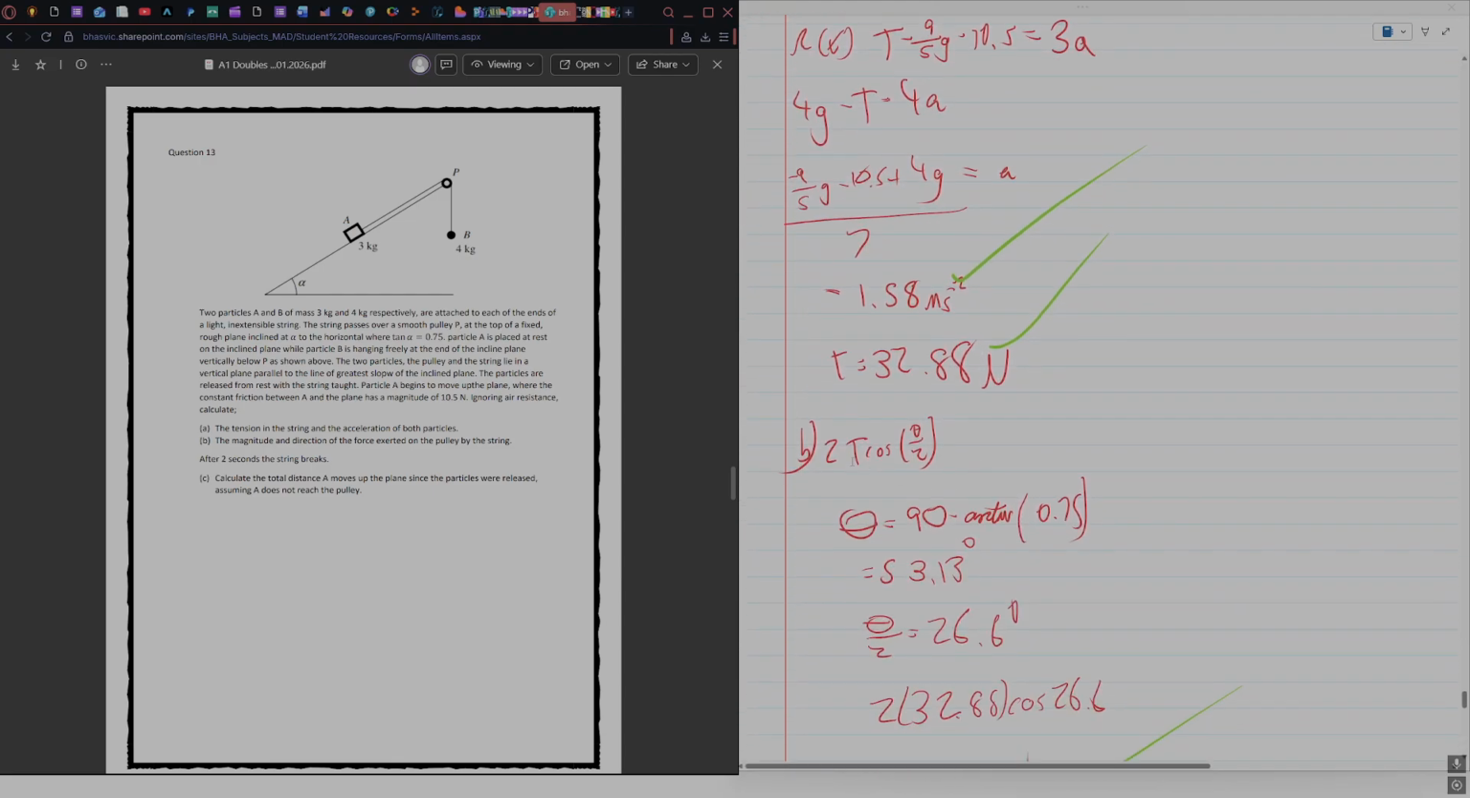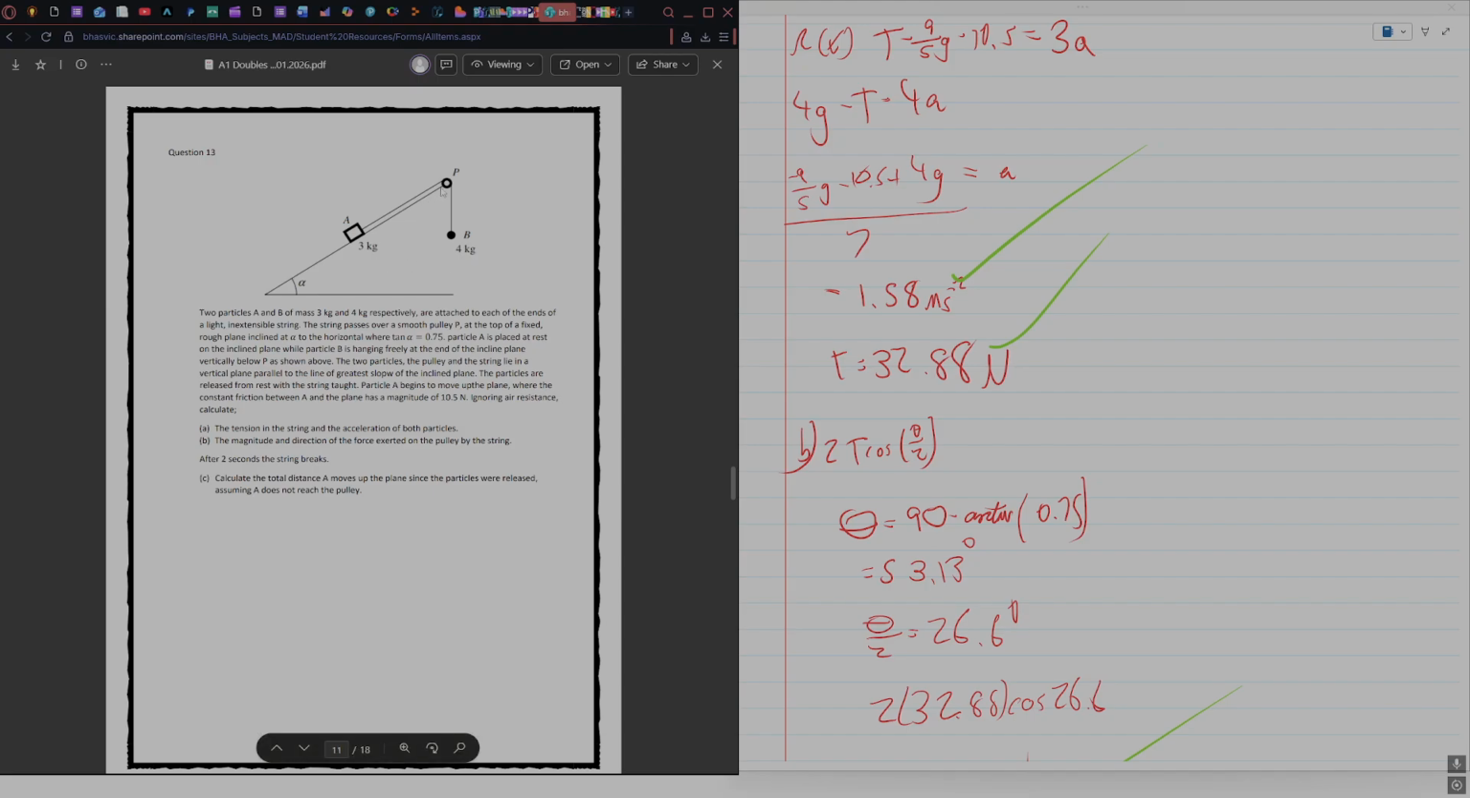Next one, you remember that when you're doing the direction, the magnitude of the force exerted on the pulley by the string is just 2T cos(theta/2). But firstly, you need to find theta. So it gives you a trig ratio. I couldn't find a way to keep it as an exact value, so I just